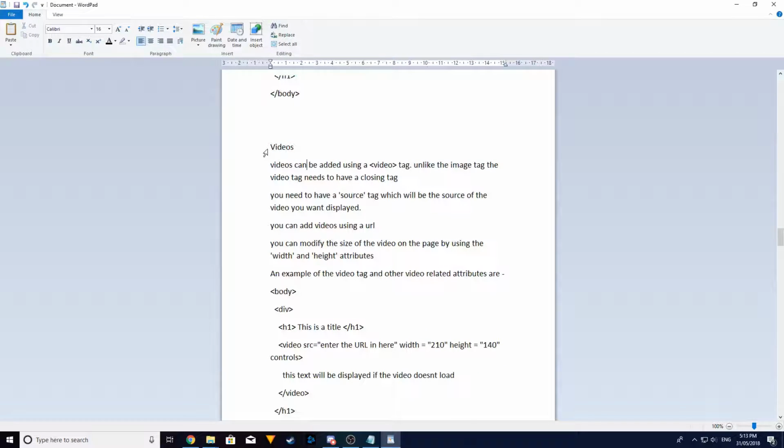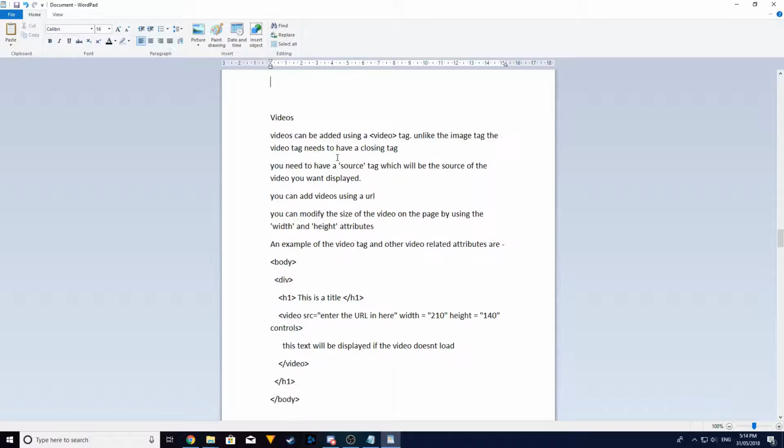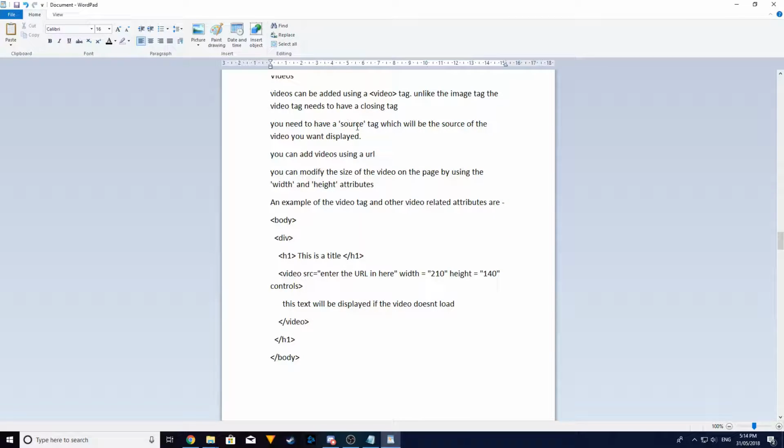Videos. Videos can be added using a video tag. Unlike the image tag, the video tag needs to have a closing tag. You need to have a source tag, which will be the source of the video you want displayed. You can add videos using a URL. You can modify the size of the video on the page by using the width and height attributes. An example of the video tag and other video related attributes are